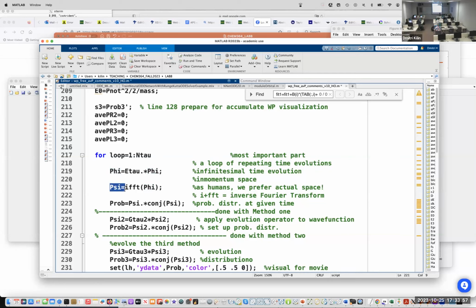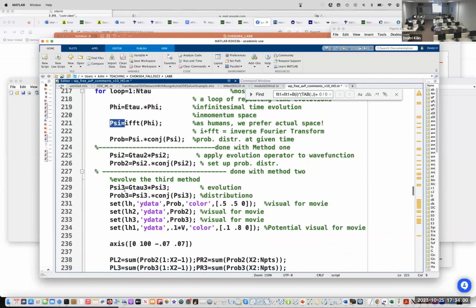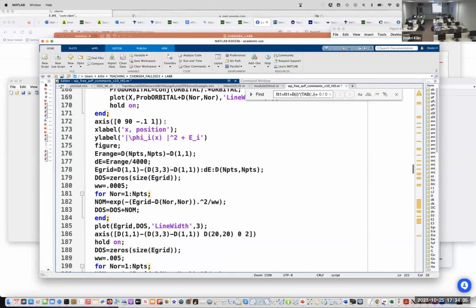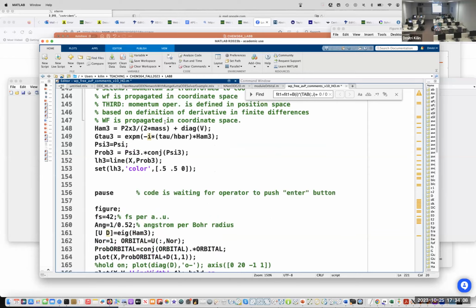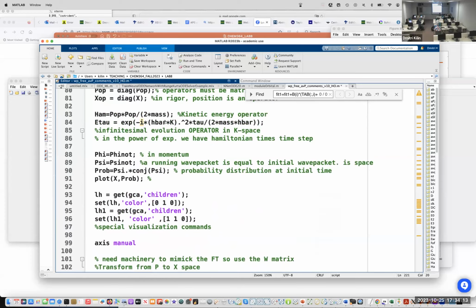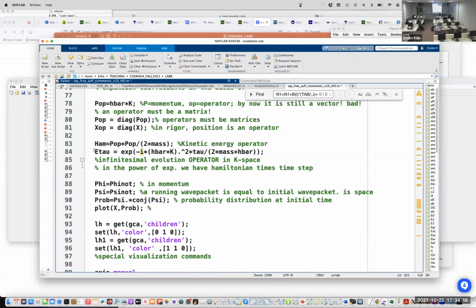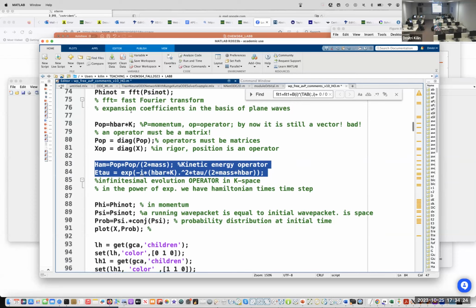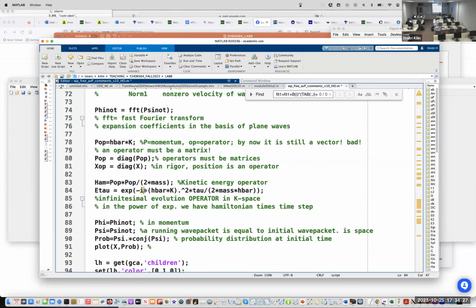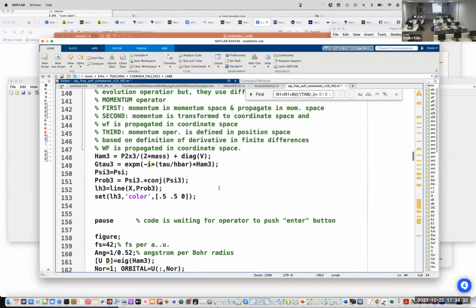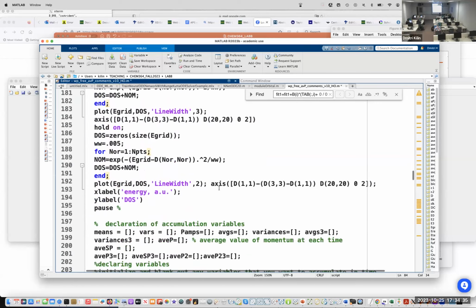I don't see any practical reason for this class to do it, but here is how it is defined. So K is the momentum operator, and it is free space without potential, using momentum as the independent variable.